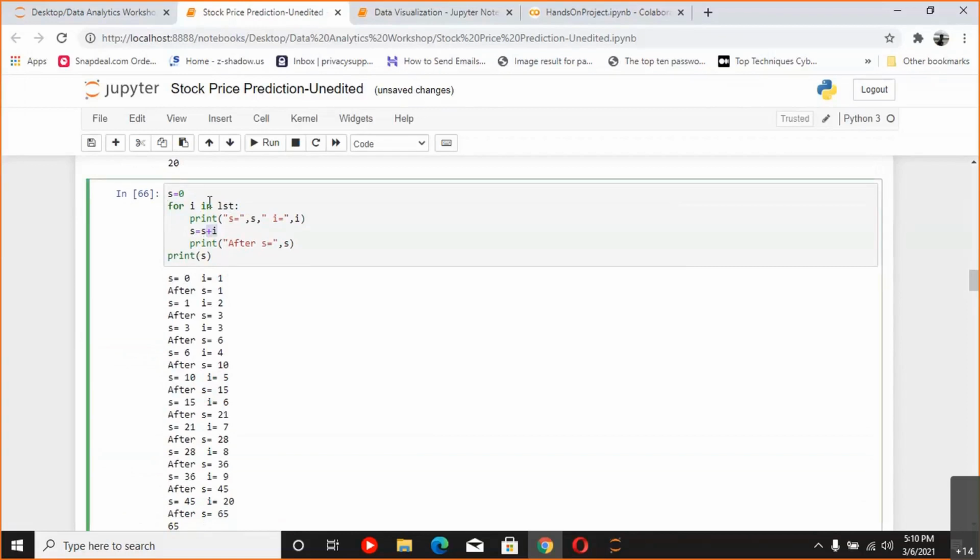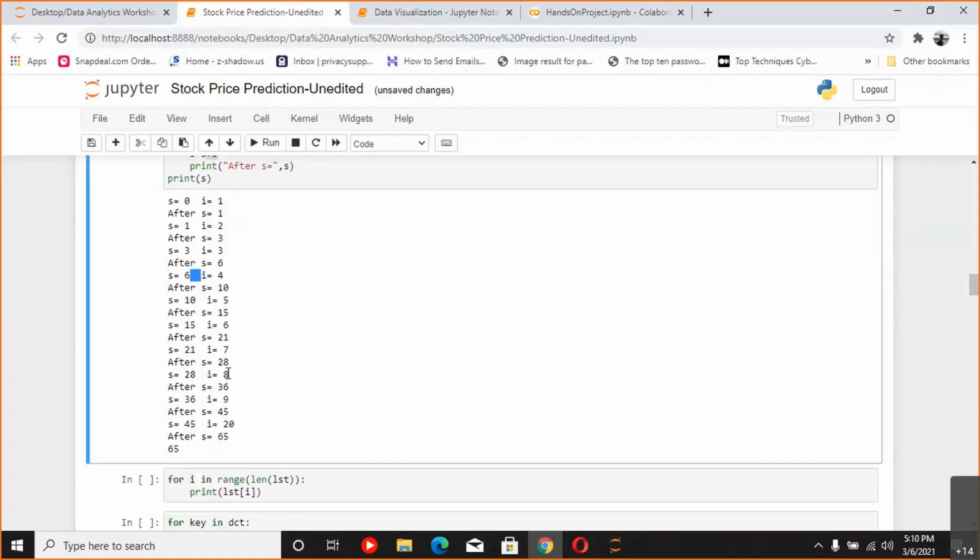Then it went back up, in i 2 was stored. So for i equal to 2 and s equal to 1, they both added, and 2 plus 1, 3 was stored in s. Then the loop again went on. 3 was stored in i, s also had 3 in it. 3 plus 3, s became 6. Then 4 was stored in i, and s had 6 stored in it. So 6 plus 4, s became 10.